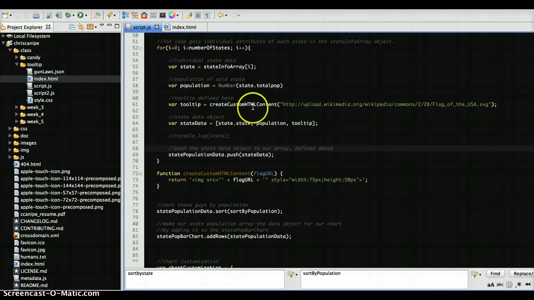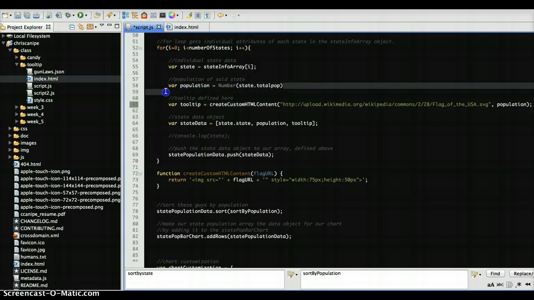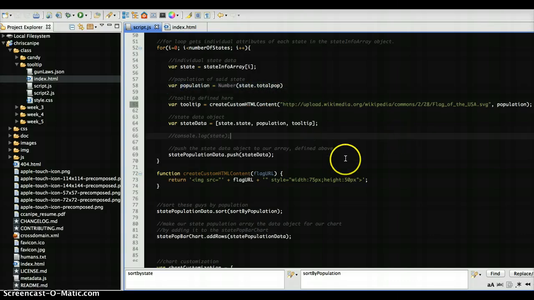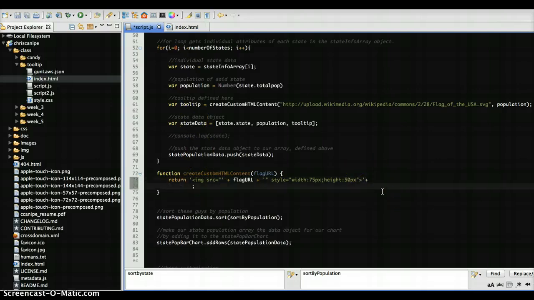So we're going to create custom HTML content. We're going to pass that URL, but we're also going to pass the population number, which we've defined here. And send that guy along, and when we set up our object here, we're going to add an item to it, which is